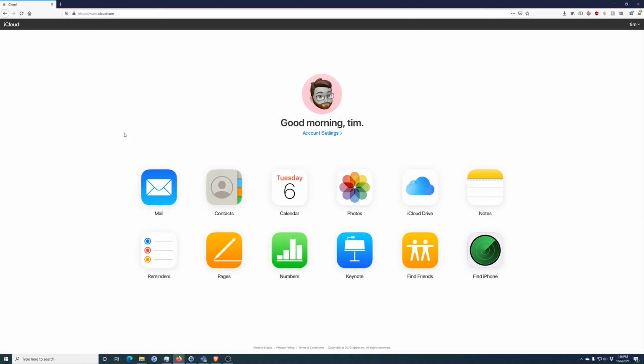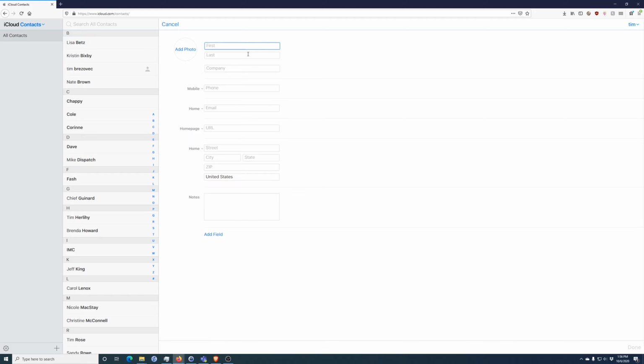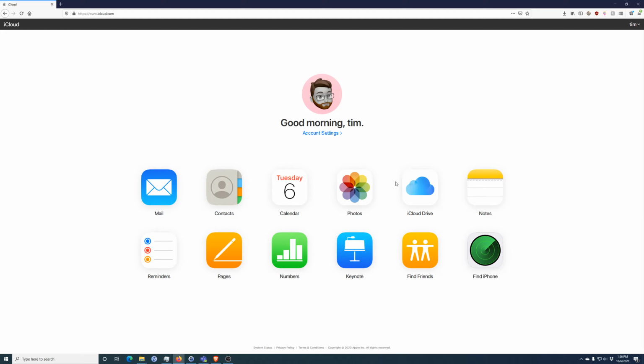And you can just kind of, so if I wanted to create a new contact, I could just go to, for example, and just hit the plus button and go to new contact, and then this would eventually find its way to my phone if I have syncing set up correctly. So, I mean, you can create pretty much anything in the cloud, and if it's synced, it will go to your phone. One thing I'd like to additionally go over, because I know photos are kind of a big part